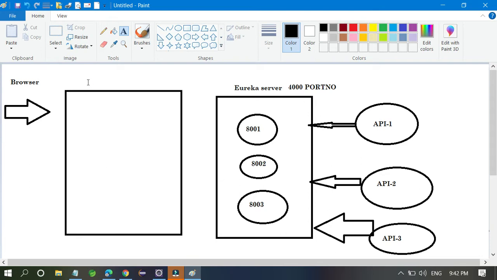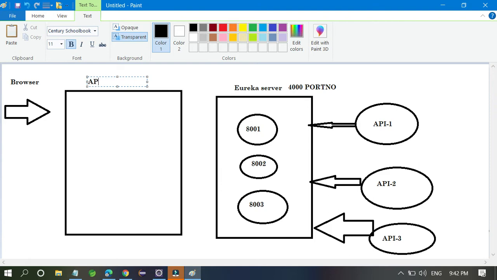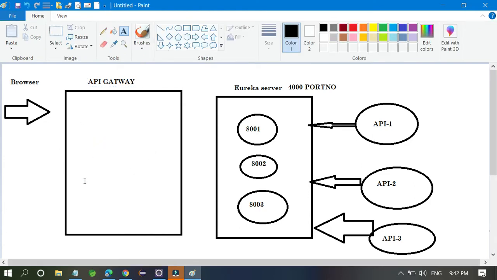This API gateway is also connected with the Eureka server, and this API gateway has some port number.